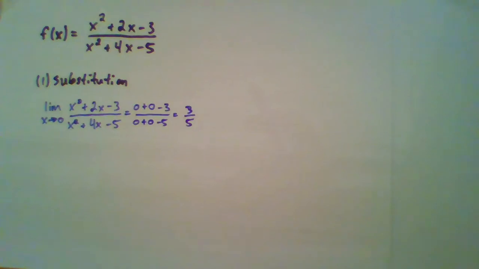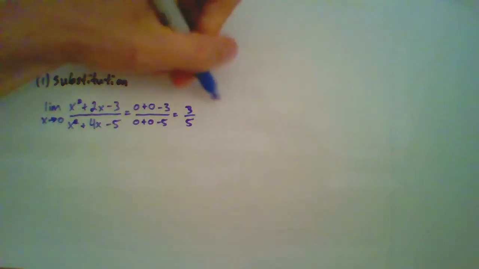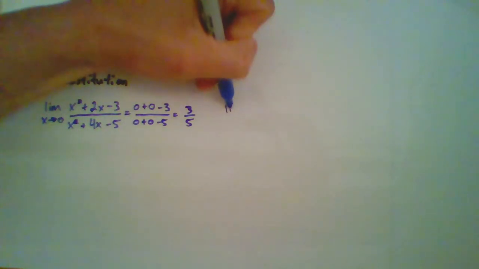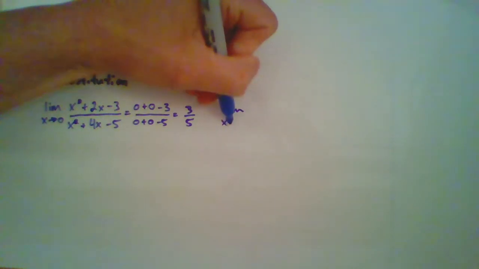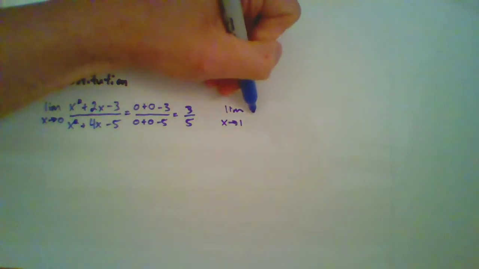Okay, so substitution is always your first port of call when you're trying to find a limit. There are some situations when it's not going to be particularly helpful. So for example, what if you wanted to ask the question, what is the limit as x approaches 1 of that function? Well,